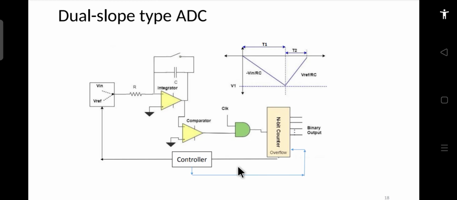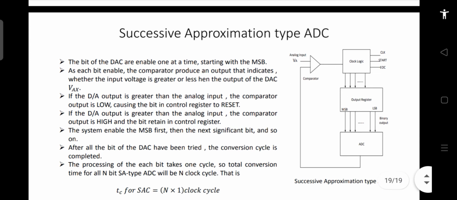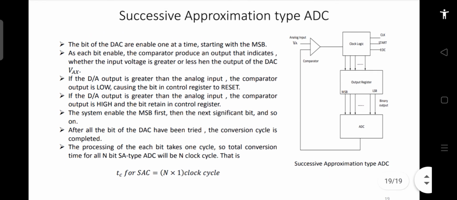Next is the successive approximation type of ADC. In the successive approximation type of ADC, we again use a comparator. We assume that before the operation starts, the counters or registers, whatever circuit you are using, are reset and the output is 0.